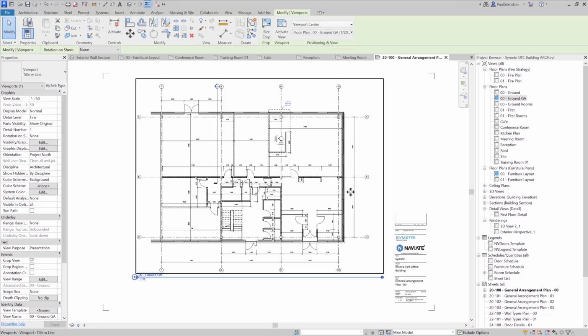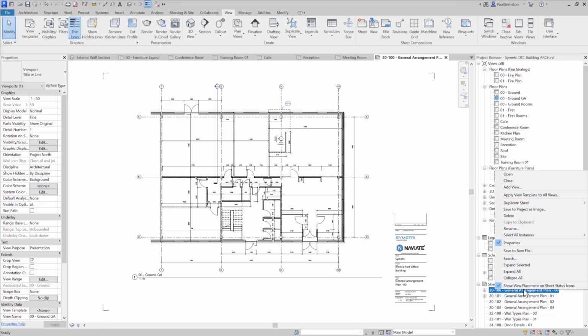This might go hand in hand with the feature that came in the 2022.1 release, which was the ability to actually duplicate sheets now. So with this sheet here, we can duplicate it on its own with any detailing that we've added, and we can actually duplicate the view as well, so that we get an exact copy of this sheet. So if I choose this one,